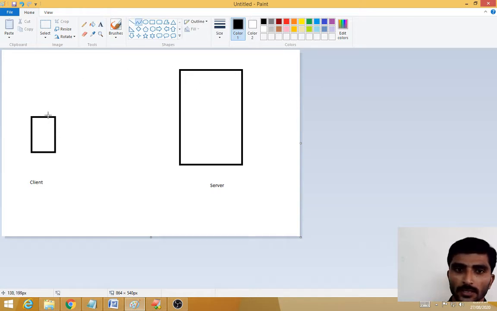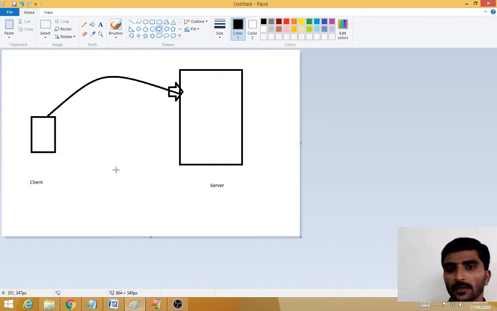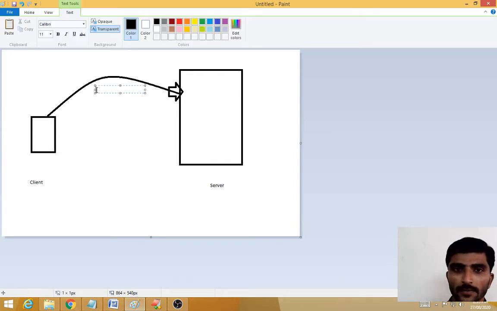So I am transferring the data to the server like this. How are you sending the data? Using HTML, a markup language.